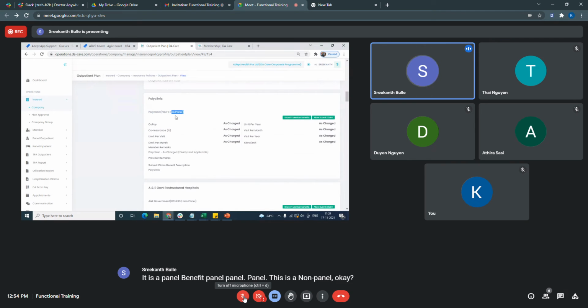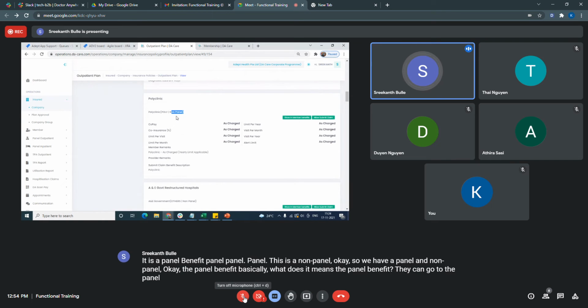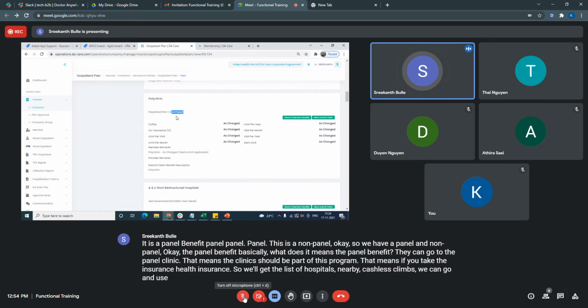For the panel benefit, they can go to a panel clinic, which means the clinic is part of this program. If you take the health insurer, we get the list of hospitals nearby for cashless claims. We can go and show our insurance card and take the cashless claim. That we call a panel claim.